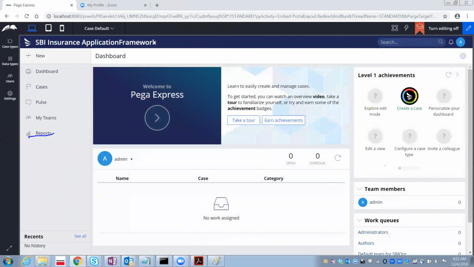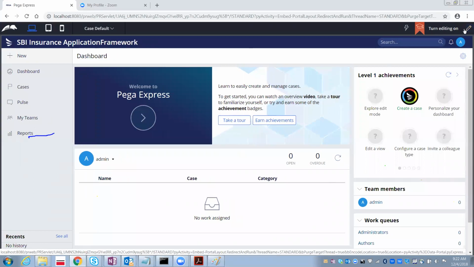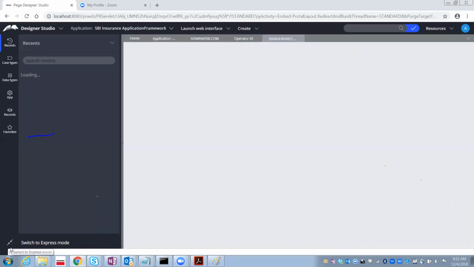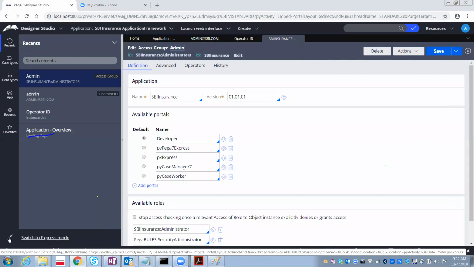So this total look and feel of this web page is the portal. In case if you want to switch back, again select the same option, switch to the Designer Studio. So when you select switch to Designer Studio, again you will come to the developer portal.